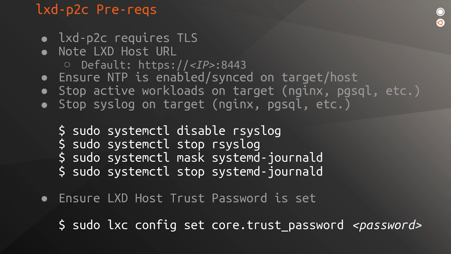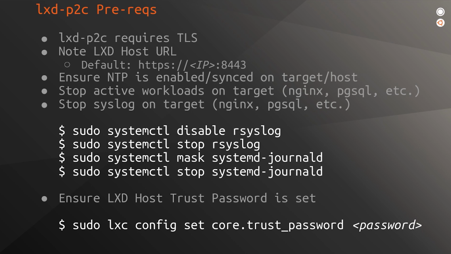Usually we want to migrate a system that's in a quiescent state, right? So if we want to stop our syslog, stop sysjournal, if you're migrating something with a database, you definitely want to stop those, right? And then on the target, make sure you stop syslog on the target. Sorry, that shouldn't have been the slide there. But so workloads, get them as quiet as possible because data does change,